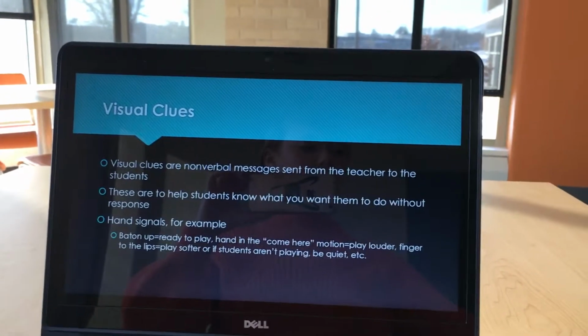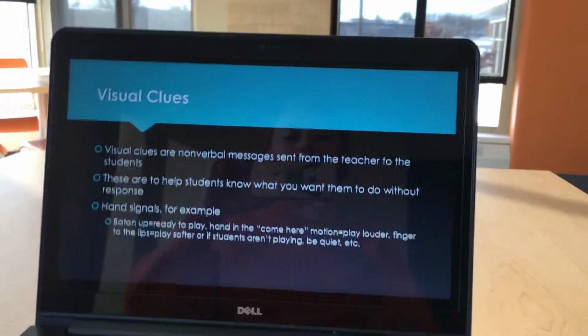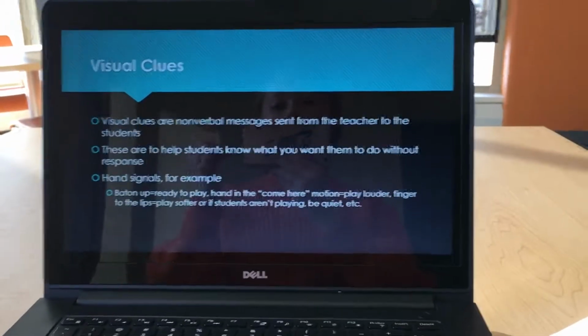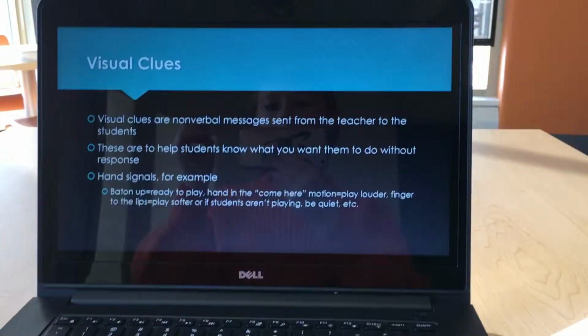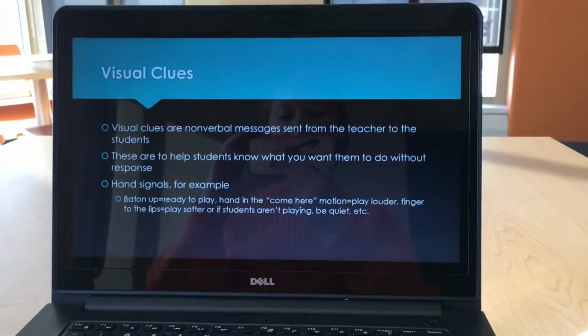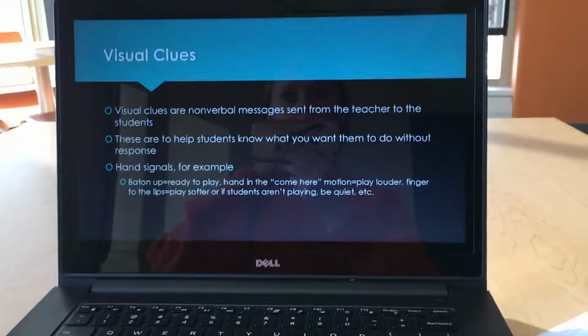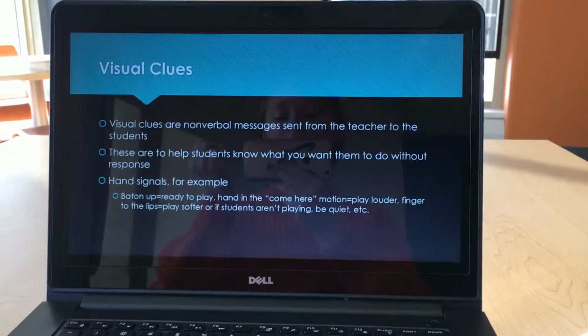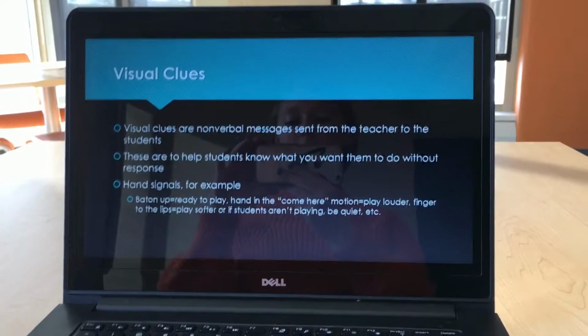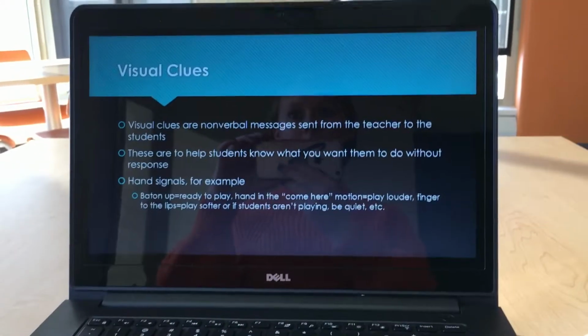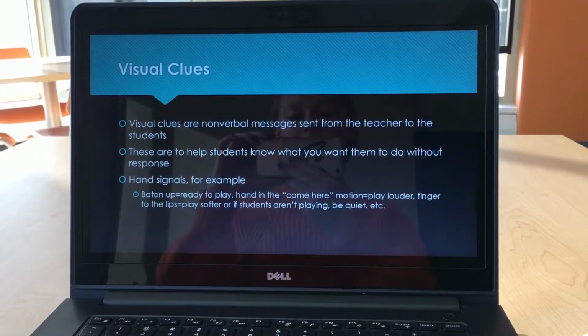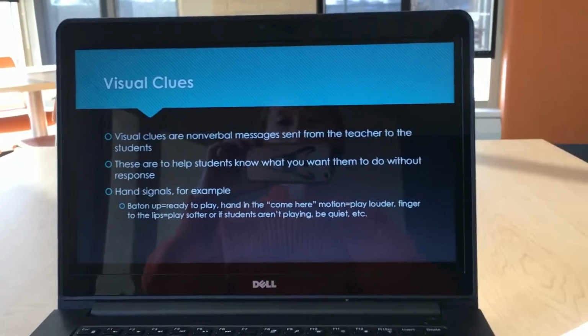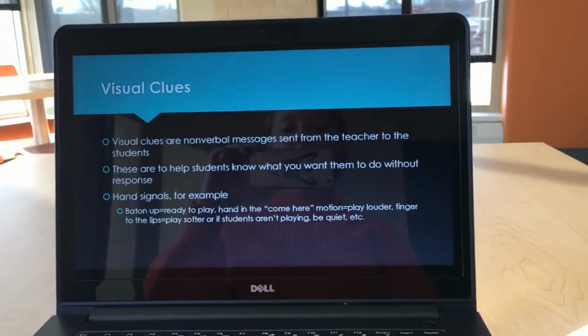Now I know students will be kind of used to most of these from their different classrooms, like finger pointing and finger to the lips, but it's important for students to know these and follow exactly what the teacher is telling them right away. And if the teacher practices these with their students right at the beginning of the year, they'll be able to get these down pat.